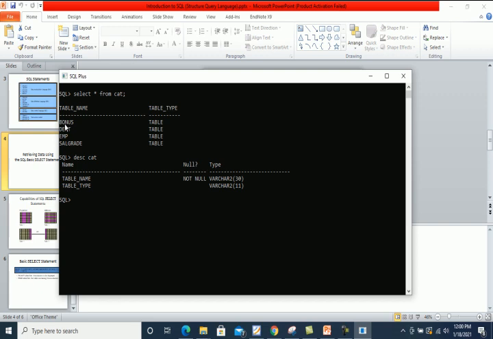And these tables are created from the Oracle side. We didn't create these tables, because the SCOTT user is embedded inside the Oracle RDBMS for the sake of user practice.